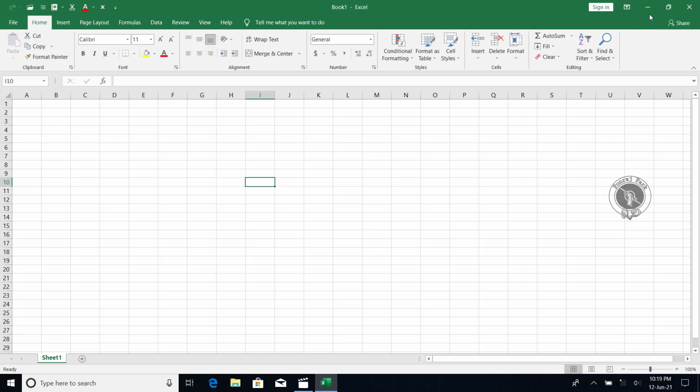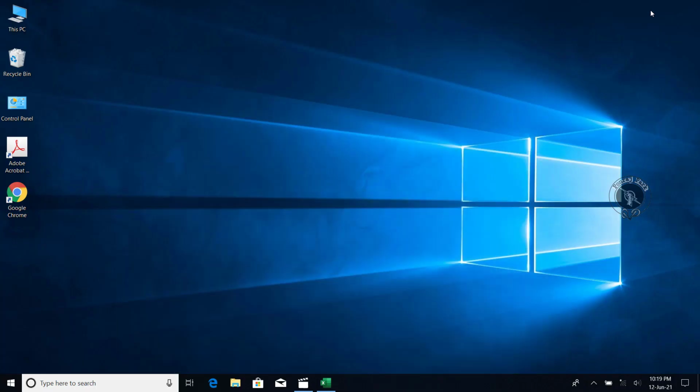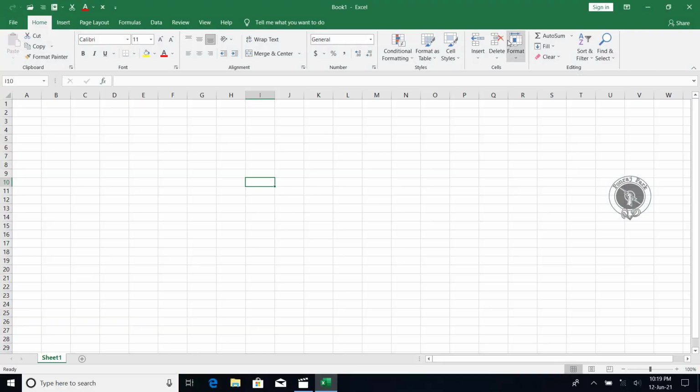So these are the 3 main buttons when you open this Excel application or any application. These 3 buttons will be there in almost all applications. So let's see them one by one. This is minimize. When you click on minimize, you see it disappeared. Normally it's in our taskbar. Here it is. If you click here again, it will restore and open it.